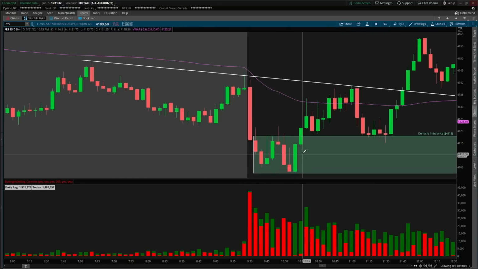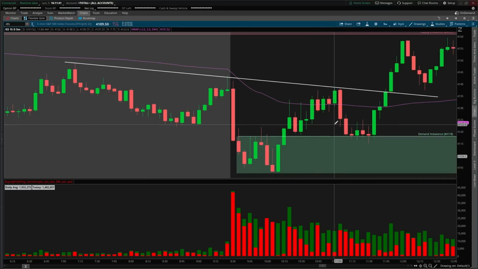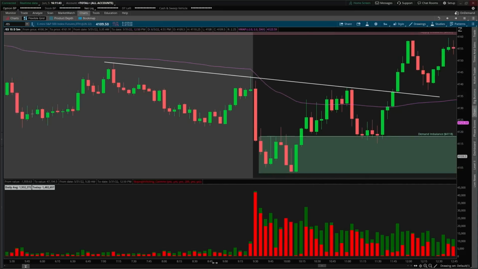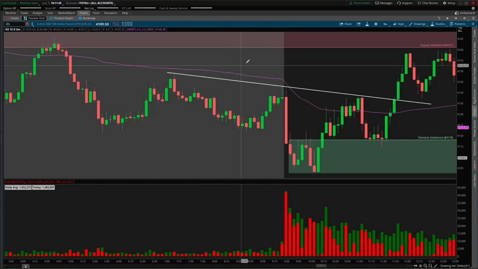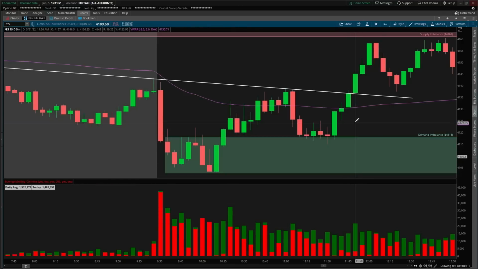We had a move to the downside, and then we had a move up. And then we got a pullback into this new demand zone that formed from this area over here. Now, traditional technical analysis, what we're seeing here is, let's just say, an inverse head and shoulders pattern. We're seeing a break of this downtrend line, and we're seeing some buying pressure coming in as soon as we